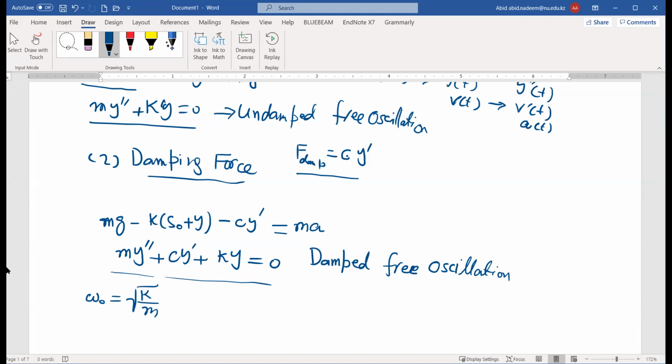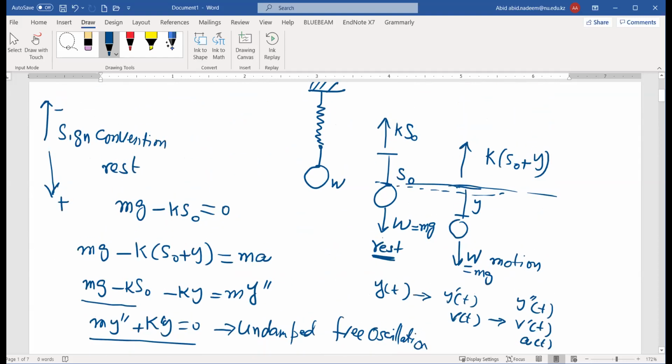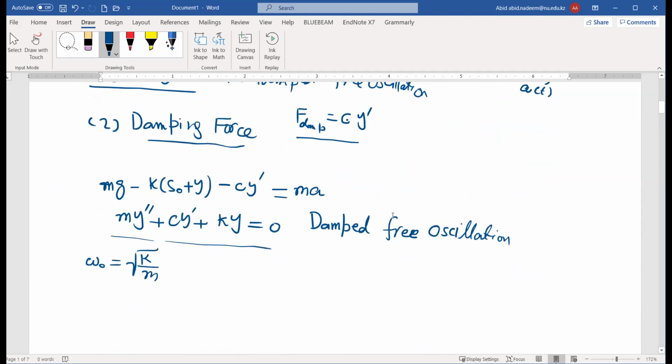Omega naught, we use it in the solution, because omega naught actually represents the time period. For example, the time period of the motion, since it is an oscillatory motion, that means the spring moves up or down, up or down. So it's an oscillatory motion, so it will have a time period. That time period is actually represented by omega naught. More precisely, this time period